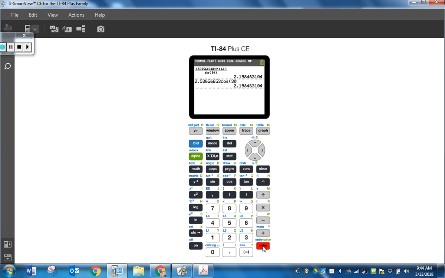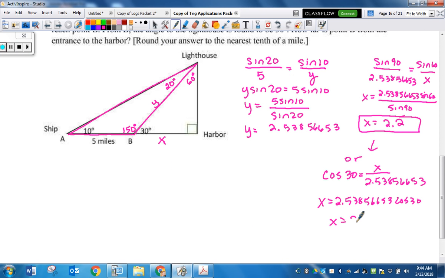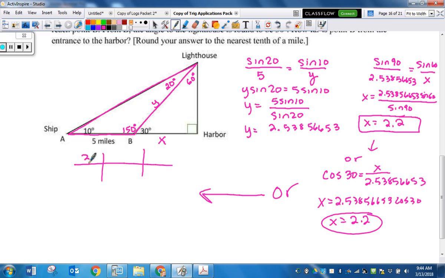The same value, right? Still 2.2. I could also have done my 30, 60, 90s. I'm going backwards here, sorry about that. 30, 60, 90s. X radical 3, 2x. I have the side opposite 90. So 2x equals my big long decimal,